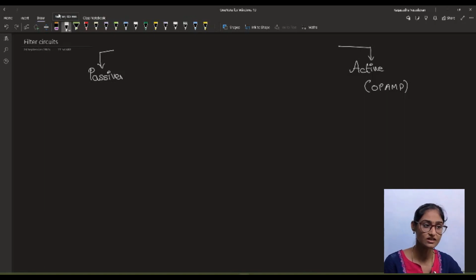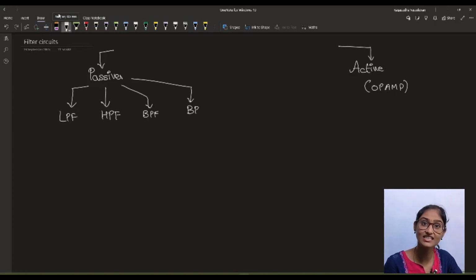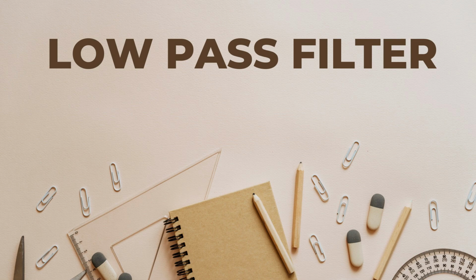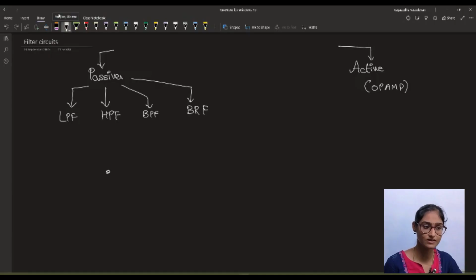Okay, so first we will understand how a passive filter works. There are four types here. One is the low pass filter, high pass filter, band pass filter and band reject filter. Okay, so this low pass filter is very simple. The passive filter uses only components like R, L and C without any power element involved in the circuit for